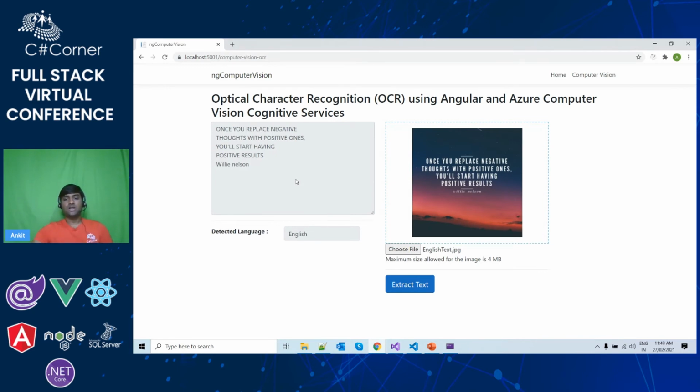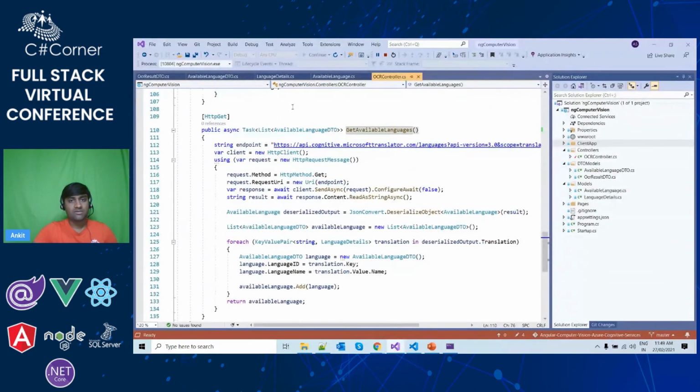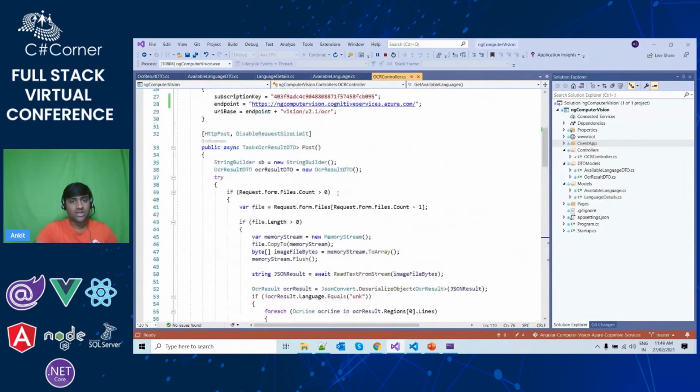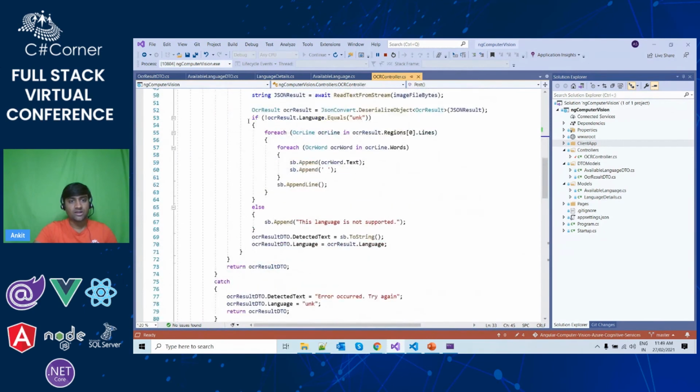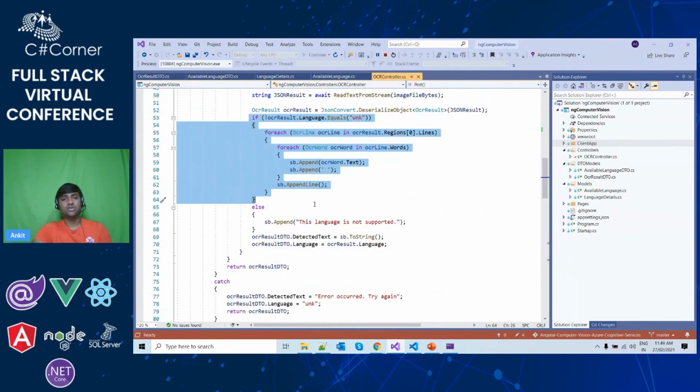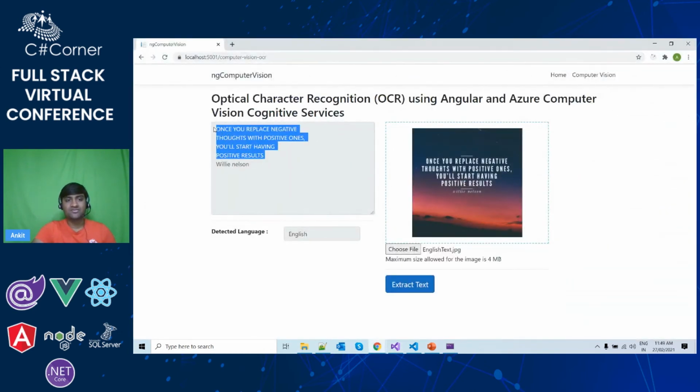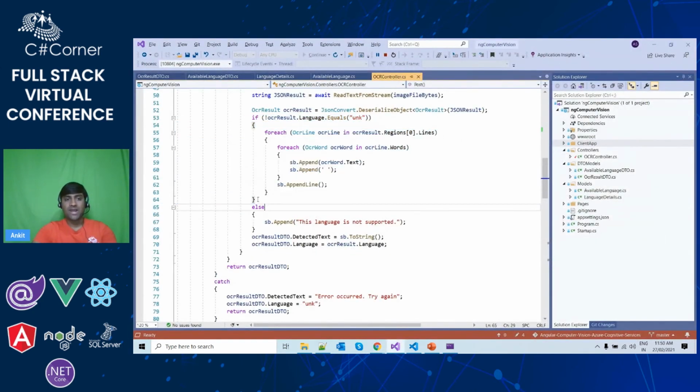The second point is that as per our logic in our API, in this post method, we are creating the lines using the words by iterating over the JSON. So here we are getting the result in exact same format. If you see, we have line breaks at the correct points. Similarly, in the image, all the line breaks are at the exact same points. This particular thing is done by our own logic, which we have written in our backend API.